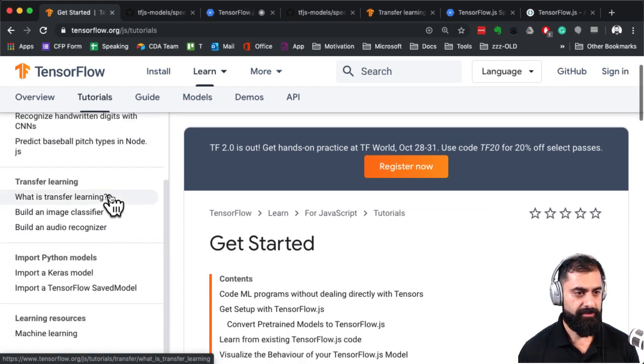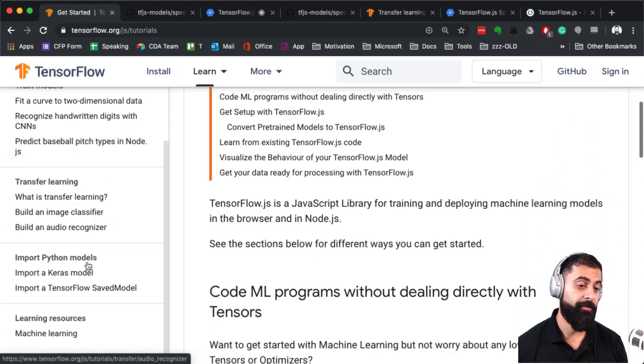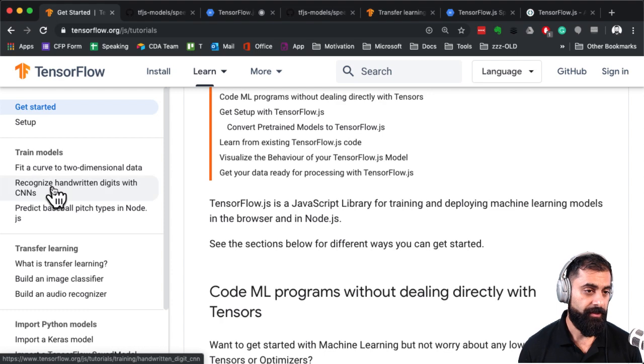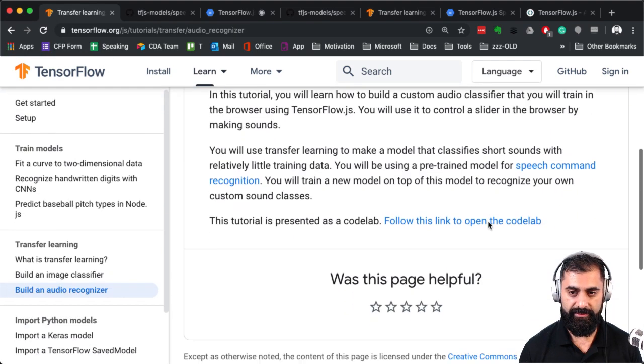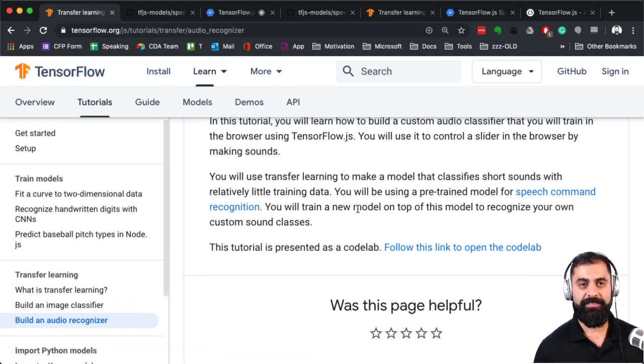So there is, yeah, if you go to tutorials, there's a whole bunch of tutorials here, and I recommend you can go through these yourself and learn them. What I'm going to dig into is build an audio recognizer. I think this is the one I'm going to go to. Yes, it is. And I'm just kind of going to follow through this to begin with,